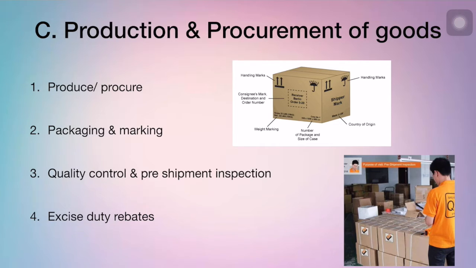Can you see the picture on the screen? Right, it shows various marks where you need to handle, how you need to handle the package, where you need to hold, you cannot tilt it, the country of origin, that is in which country the product has been manufactured, right? The quantity should be mentioned, the price must be mentioned, the weight of the product must be mentioned, destination address must be mentioned, all these markings must be completed.